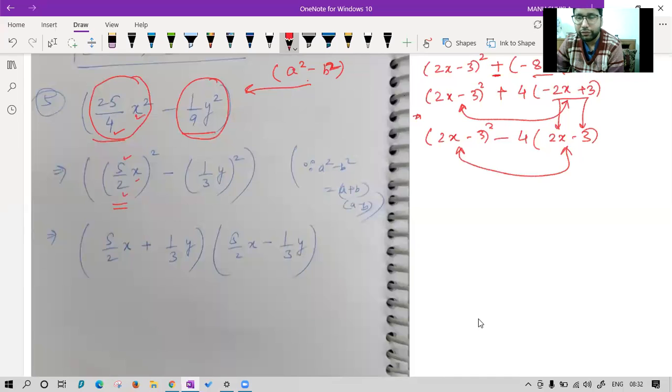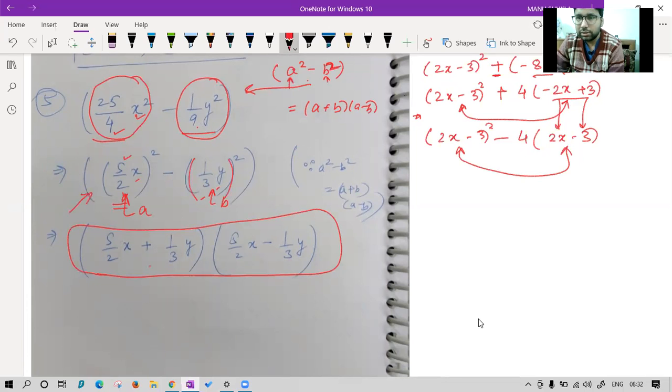So we have got the first expression in bracket. Similarly, 1 upon 3 y whole square. Now we can say this complete is A, this complete is B, and just apply the formula A plus B, A minus B, and readily we have got the answer. The only effort was to make them in this way, A whole square and B whole square. So 1 by 3, this thing.